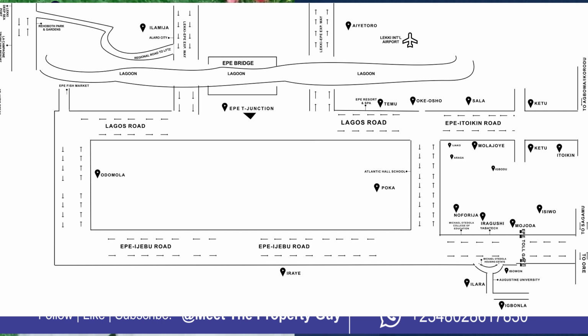All right, so first things first, let's start with the airport side. If you are investing in Epe, you must have something around the proposed airport. It's a must. And the options that you have: Itono City, Amen Estate Phase 3 Extension, Tiara, Dynamic City, Fairmont Green and Smart City, and so on. Every property before the Epe Bridge is around the proposed airport. So you must look at one of these properties and invest there.